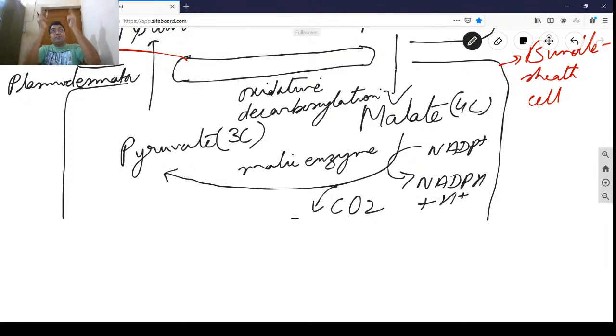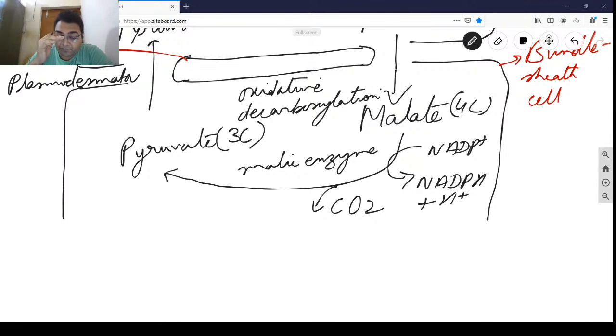You only have access to that water. You can relate that analogy to the pathway here. When the oxidative decarboxylation is happening, the CO2 is being poured on to